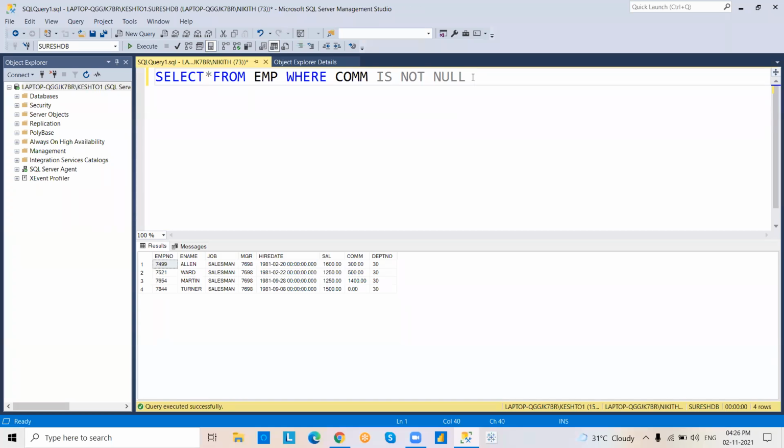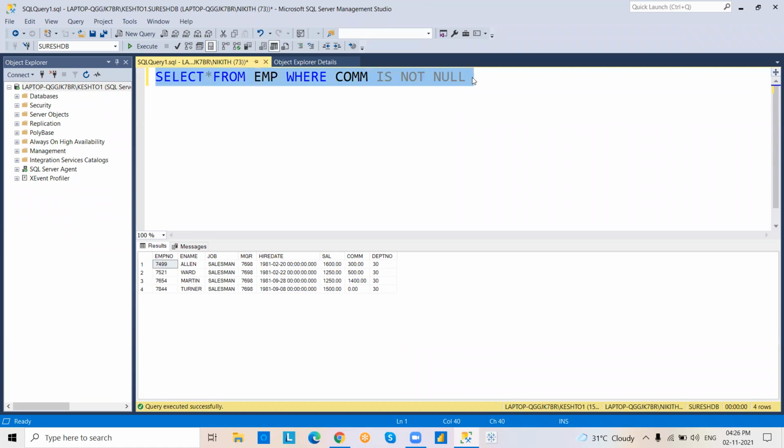Please check the commission column. Only not null values. There is no null value in the commission column. Please check, all of you.